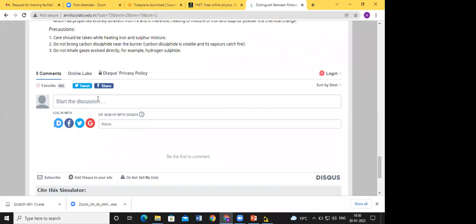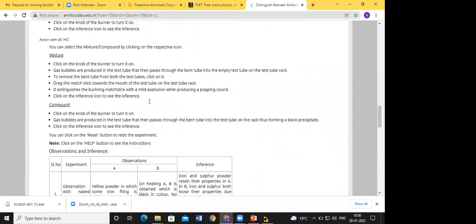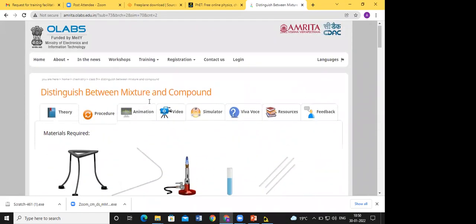Have you heard about the discussion forum? This is nothing but a discussion forum, and you can use it for discussion. You can create a discussion forum and make other persons discuss